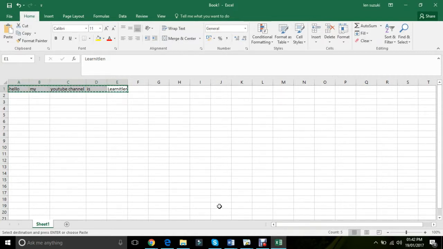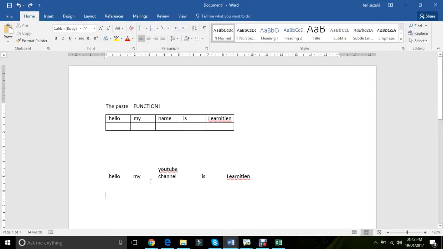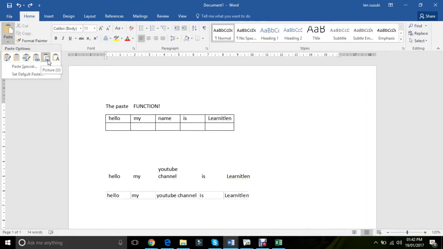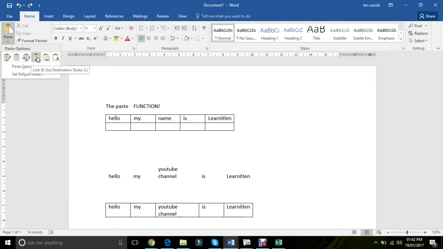So if I do Control and copy it once again, go back here and go into the paste functions, I can paste it as an image or